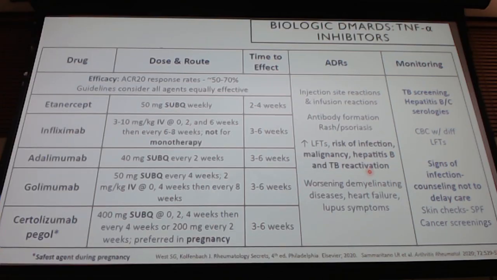Increased risk of infection, like we talked about, cancer. What we haven't talked about yet is that reactivation that we can have of TB or if somebody has hepatitis. We will see that sometimes when we start these biologics that they will have that reactivation occur. So increased risk of that as well. So most of the time what we'll do is we will test for,